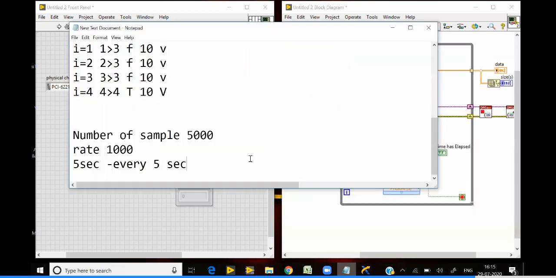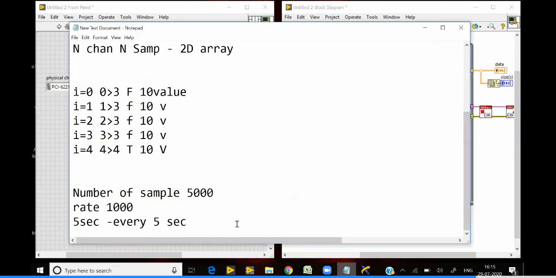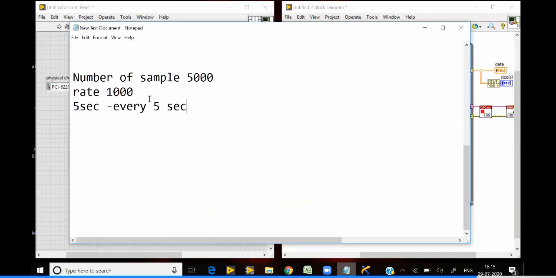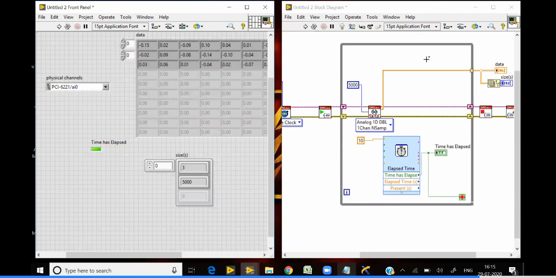Now it is like this: number of samples is 5000, rate is 1000, 5 seconds. So every single iteration will be of 5 seconds. So when it comes inside the loop, elapsed time will be 5 seconds.